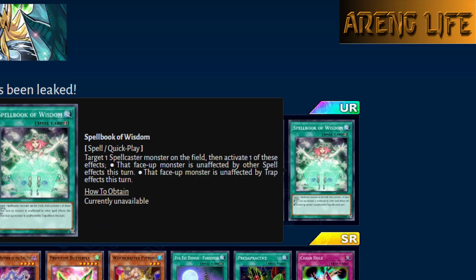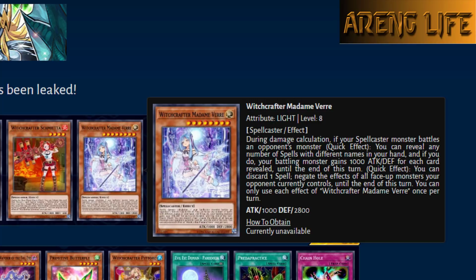So if you want to run Spellbook of Wisdom, dude, it's so much free protection. It's such a good card. This card says it's a level 8. You can easily special summon it with her. So, cool. When you have Witchcrafter Madame Vere on the field, during damage calculation, which is kind of busted, if